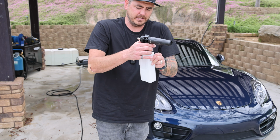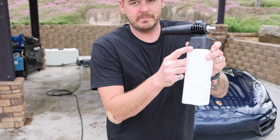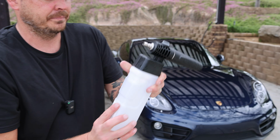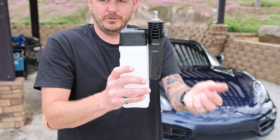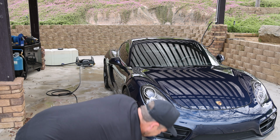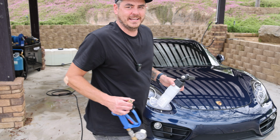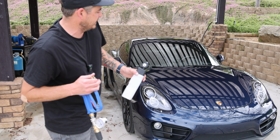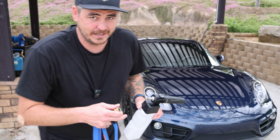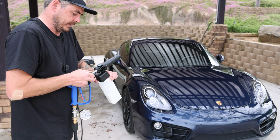Again, it's a pretty funky little design. There's a little tab right here and then a little arrow back here. Line those up, push it down, and then twist it. Again, the head folds down for easy storage, I guess. I'm assuming that was for shipping, but whatever. I do realize that I'm not using DI water right now, which I typically do, and I'm washing my Porsche with it. So I will rinse this over at the end to be safe, but let's go ahead and see